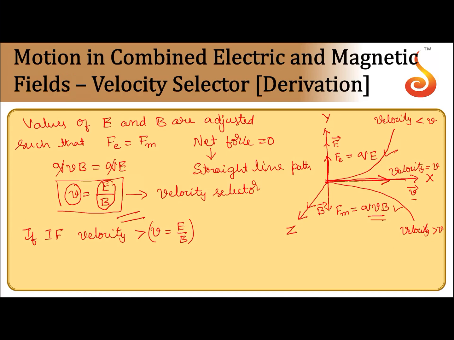So this kind of arrangement where electric and magnetic fields are perpendicular to each other is called crossed field arrangement. So in crossed field arrangement, this arrangement acts as a velocity selector. That means it will select only those particles with a particular velocity. You can alter this selected velocity by altering the values of electric field and magnetic field, right? So this is the working of velocity selector. So crossed field arrangement can be used to select the particles with a particular velocity. That's why it is called velocity selector.